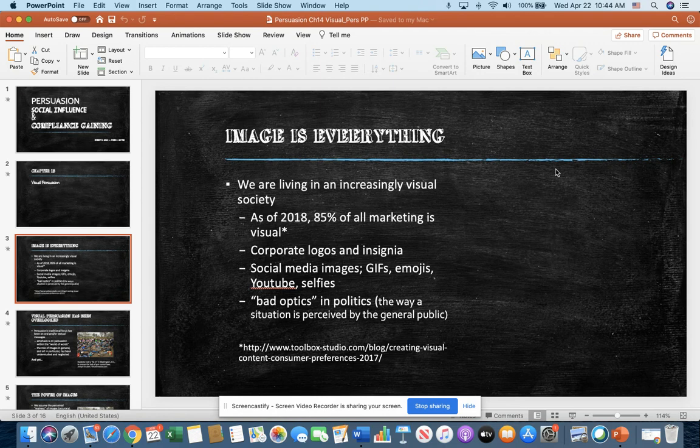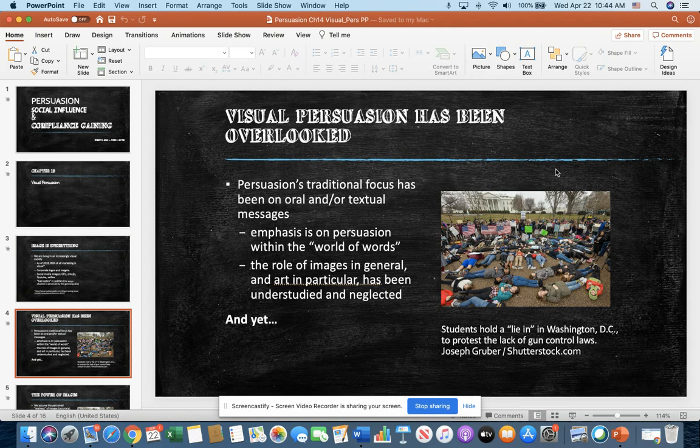So there are certainly lots of images before us. And as I said a moment ago, persuasion's traditional focus has been on the oral and or textual messages. That's where the history has brought us. And I like the phrase the textbook uses, the world of words. We live in a world of words, but they're saying we're becoming more and more a world of images, and not just pictures, but video and, like they mentioned, emojis, all sorts of different visual images that are now